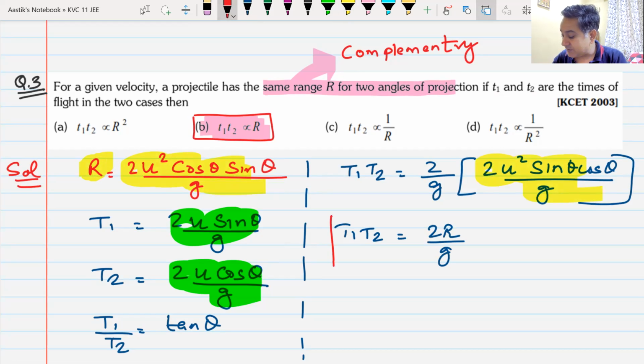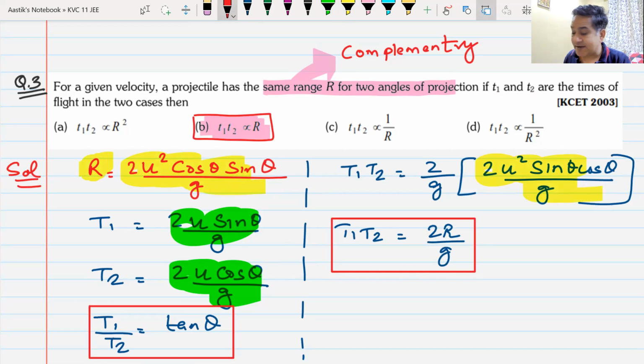Now the concept is very simple. T1, T2 is 2R by g, T1 by T2 is tan theta, and the only option that matches is option B, and that happens to be the correct option. Do we understand this? Remember,